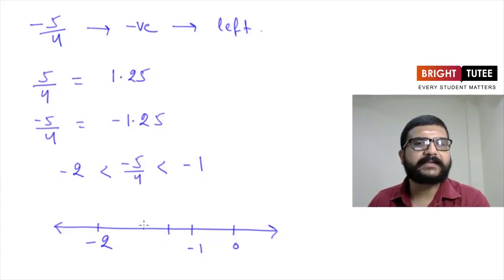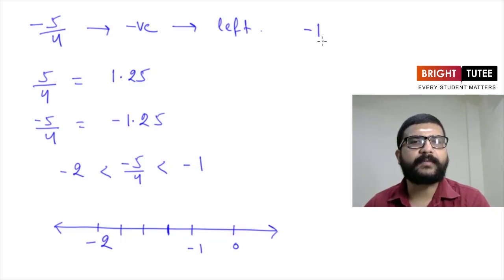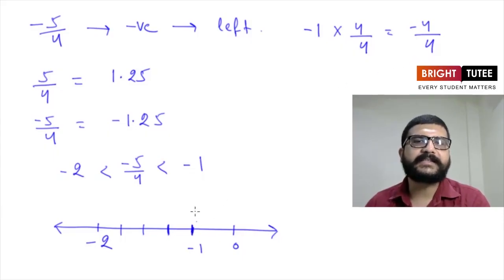It will be like this. So here we have drawn 3 markers and these 3 markers are dividing this region into 4 equal parts. Now the first part after minus 1, which number will it be? First of all, let us write minus 1 in its equivalent form having denominator as 4. So for that we have to multiply and divide it by 4. Now this gives us minus 4 upon 4. So this minus 1 is basically minus 4 upon 4.